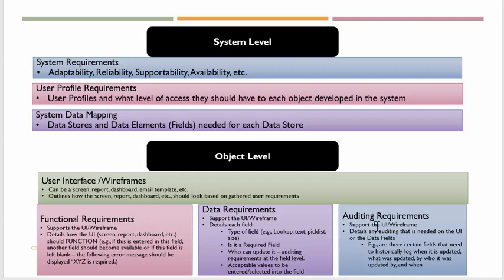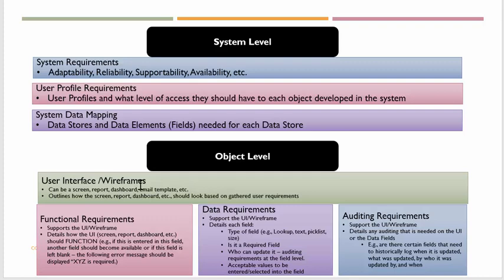The developer also needs to know specific auditing requirements. These are things such as, are there fields on this object level that need to have specific auditing towards them? Remember up here we talked about access level for users. This was more at an object level holistically. These auditing requirements are details specific to the user interface wireframe. Are there certain fields that need to have specific auditing or security around them on this particular user interface wireframe